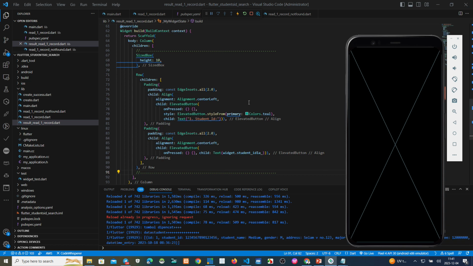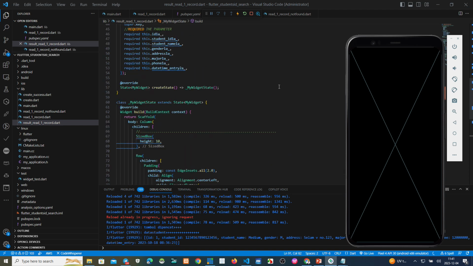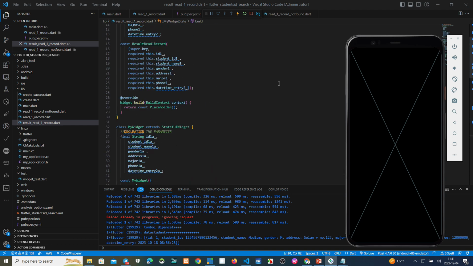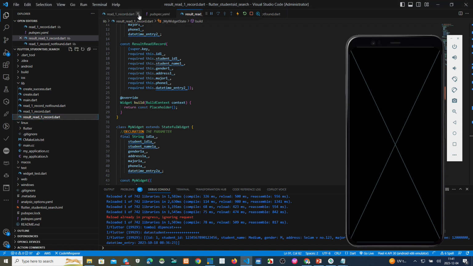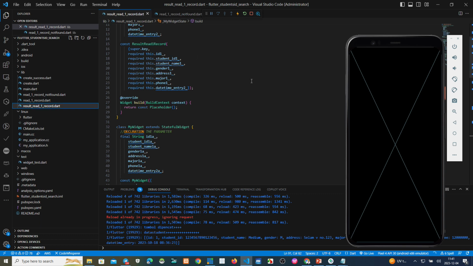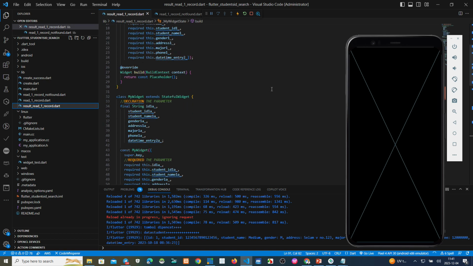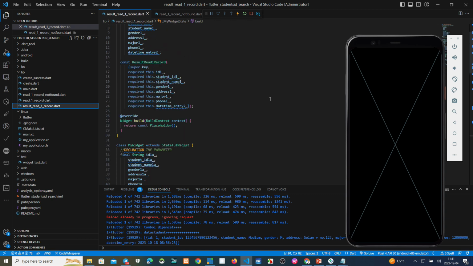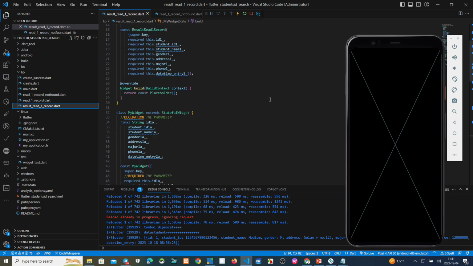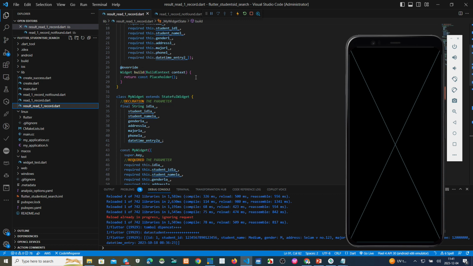Why? Because from the stateless widget, the result, where is it? Result, this one. The result from the stateless widget to the stateful widget, from here to here there is no connection.